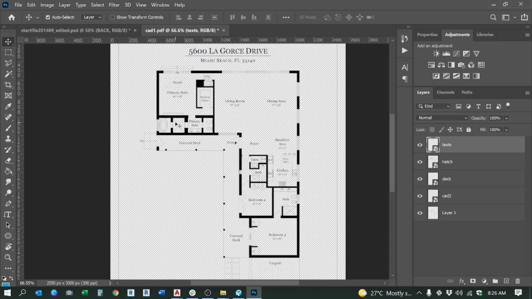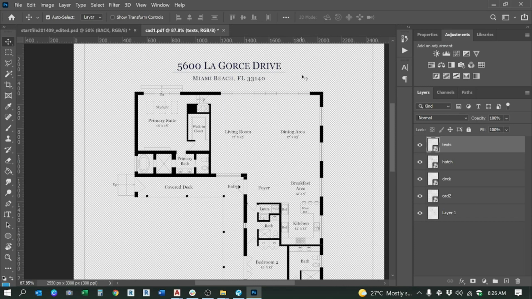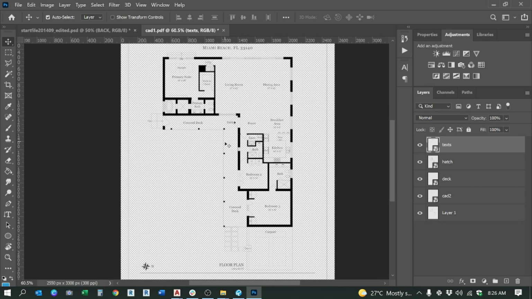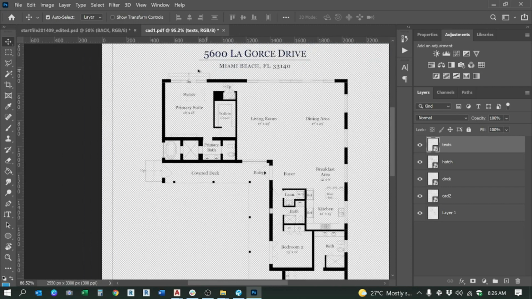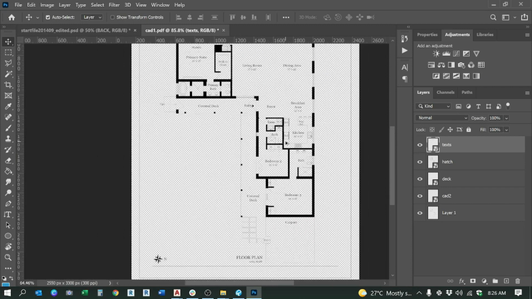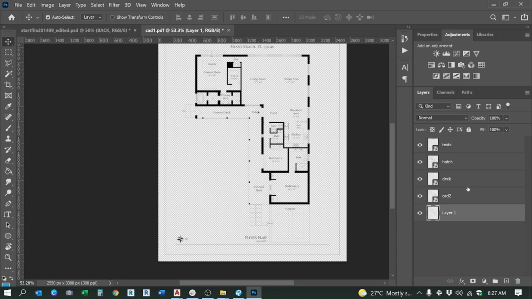The reason why we choose media box is para pantay-pantay na agad siya once we open the PDF inside Photoshop. Okay, so makikita nyo, ayan na siya, kompleto na siya. Pero ang kagandahan is naka layer. So rename this to CAD1. So dapat pauuna tong CAD1. Okay, at sa taas yung text, and then